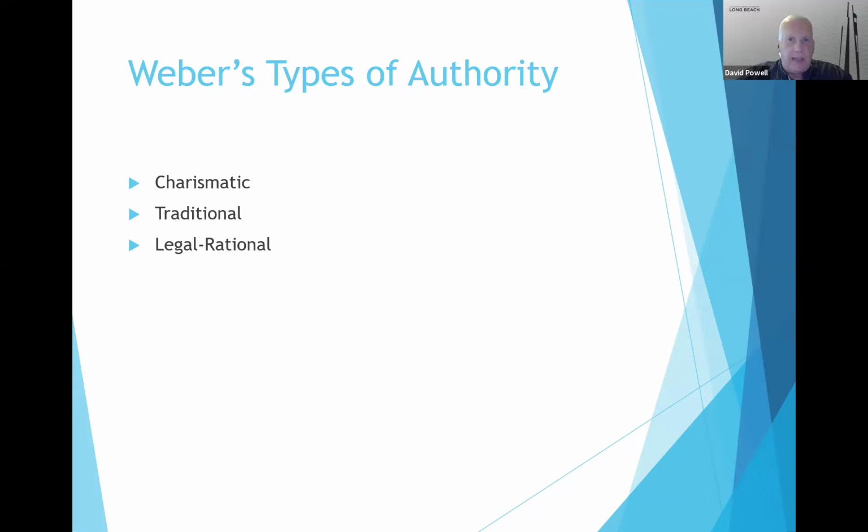Clearly, for Max Weber, the charismatic type of authority basis was problematic because when you have the authority residing with the individual as opposed to the position, individuals come and go in organizations, while positions are much more permanent. And so when you have the authority residing within the individual, when that individual leaves the organization, they will take that authority basis with them. So it tends to be a much more transitory type of authority basis. So he wasn't a big fan of charismatic authority in organizations.